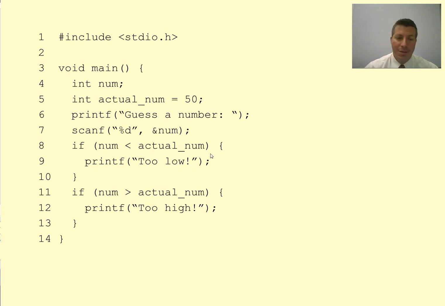Now, you see in my code, I'm not limited to only having one if statement in my program. That would make for a lot of really, really boring programs. We need more conditions. So you see here on line 11, I say if the value of num is greater than the value of the actual num variable, I'm going to print out that it's too high. So let's walk through an example here. Let's say that the user types in the number